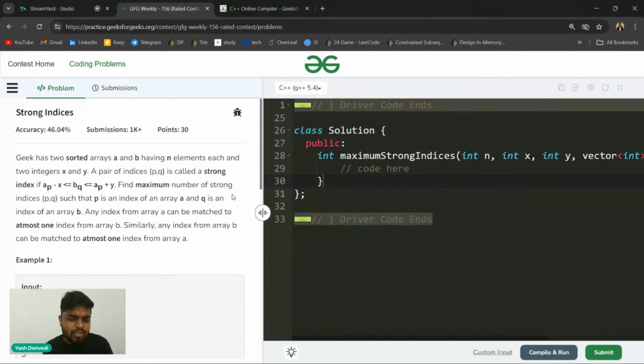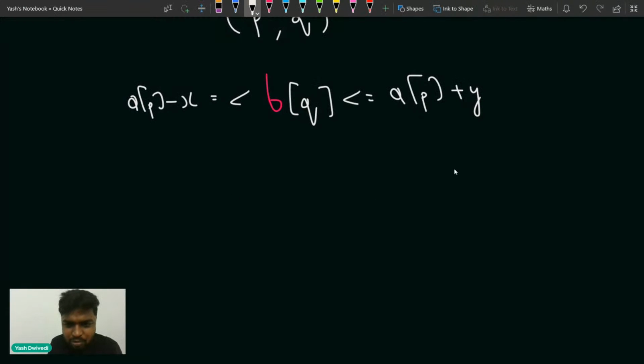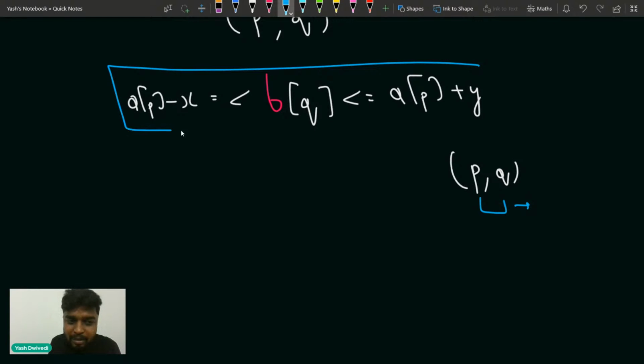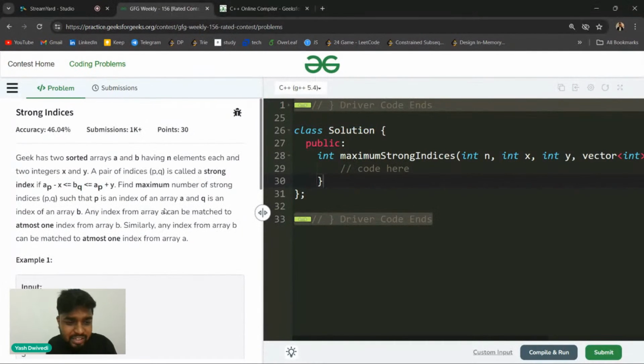So basically, suppose there is an index p and an index q which satisfies the criteria of being a strong pair, such that p and q satisfy this equation. Then you cannot use those indexes again.